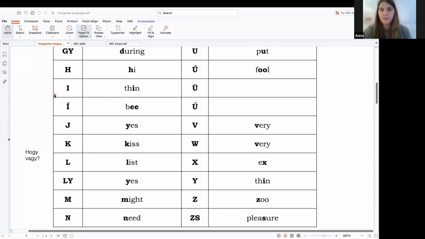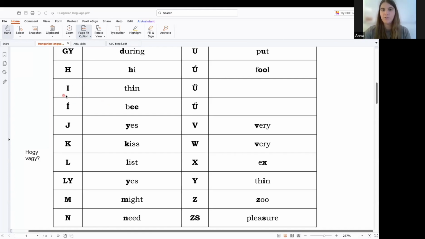reason for that is because A and E, the A and the E, are the only two vowels where the sound is actually different, whether there is the accent or not, right? So we had the A, and then we had the E. But with the rest of the vowels, good news, the sound is actually the same, but it's about the length